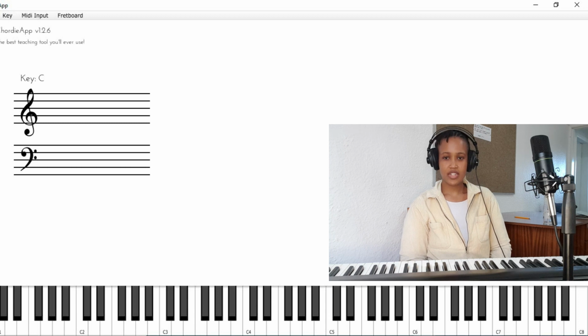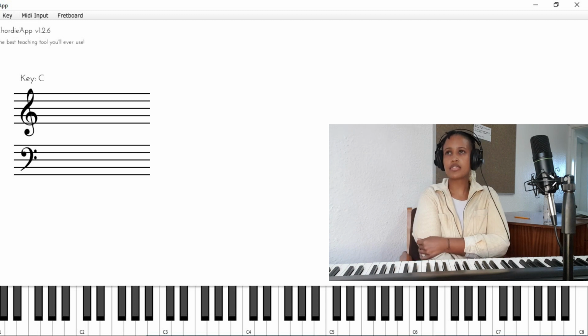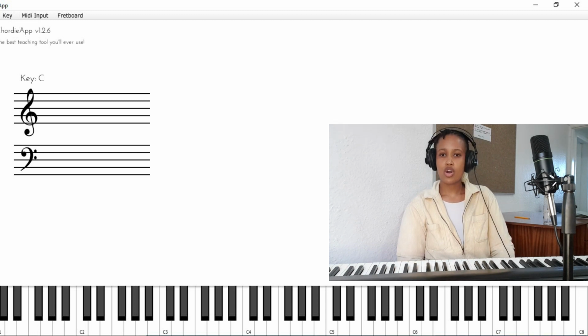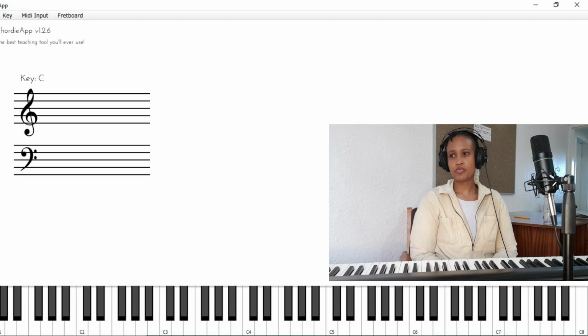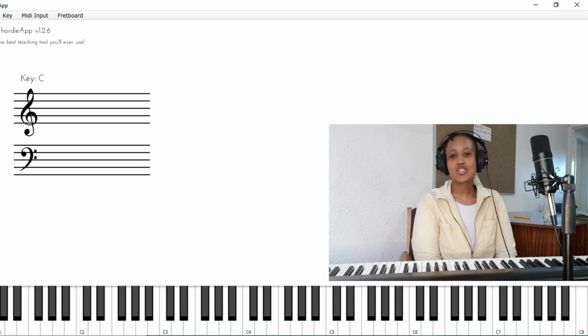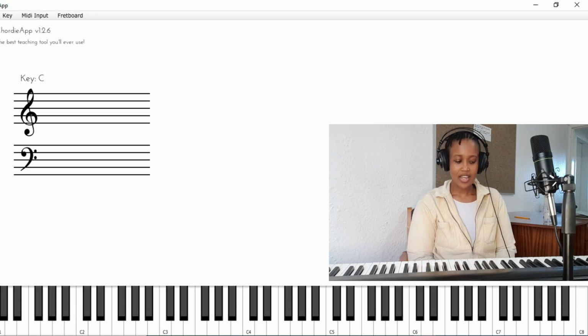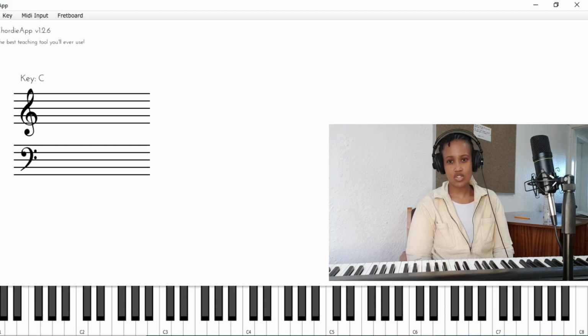Now I want to talk about left hand voicings. For this video, when I'm referring to left hand voicings, I'm basically talking about voicings that are rootless, voicings that really do away with the root in its entirety. The rule for left hand rootless voicings is it needs to start on the 7th or on the 3rd of the chord. So essentially it needs to start on a chord tone, which can only be the 3rd or